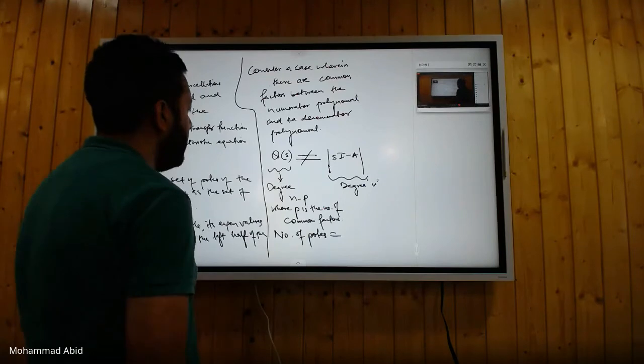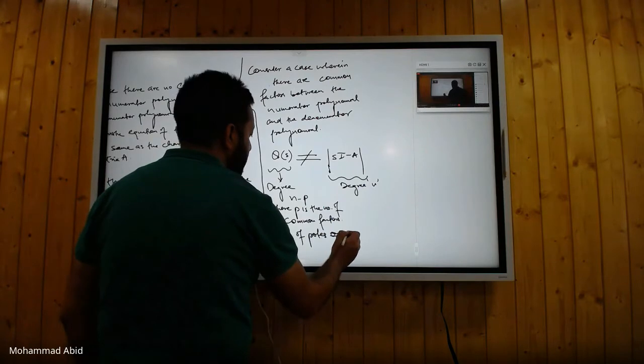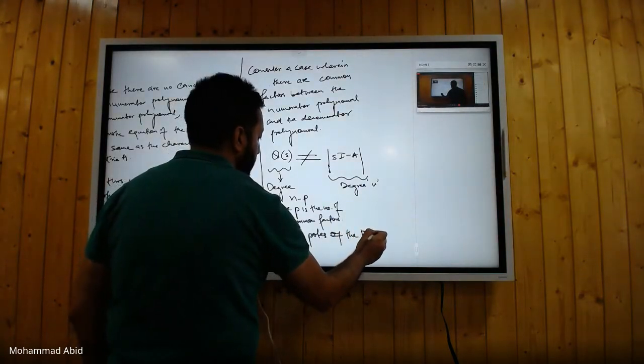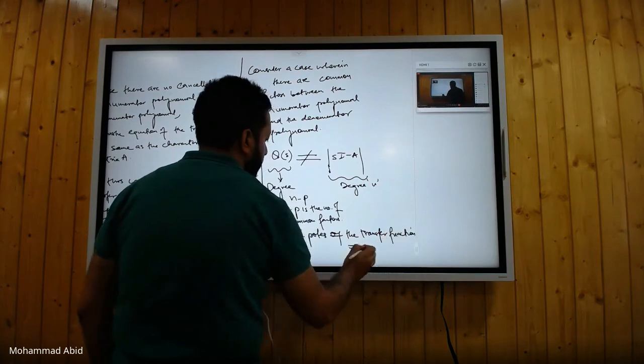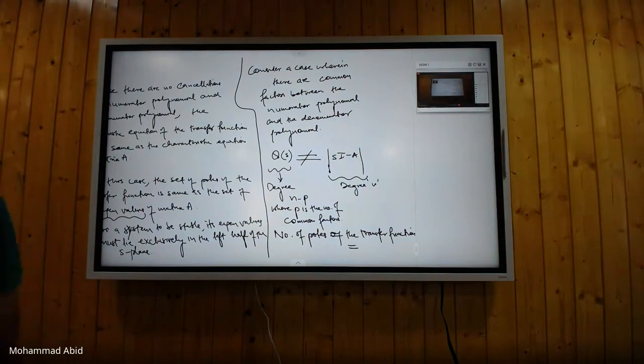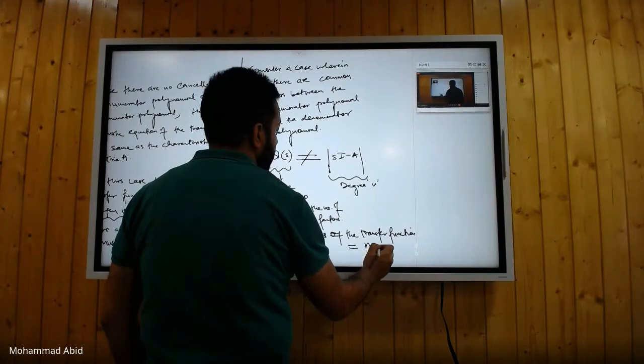Number of poles of the transfer function will be... yes, rule number 3. What will be the number of poles of the transfer function? Sir, n minus 1. n minus 1 कैसे? 1 कहां से आ गया? Sir, n minus p, sir. p कॉमन फैक्टर, n minus कॉमन फैक्टर, उतने नंबर ऑफ पोल्स होंगे ना इसमें। जी सर।